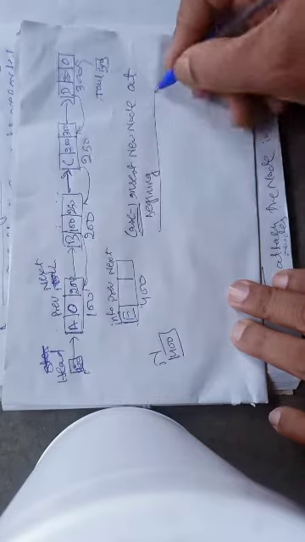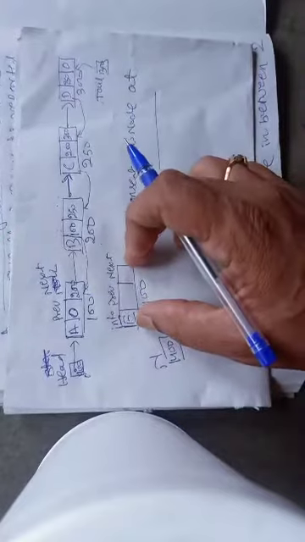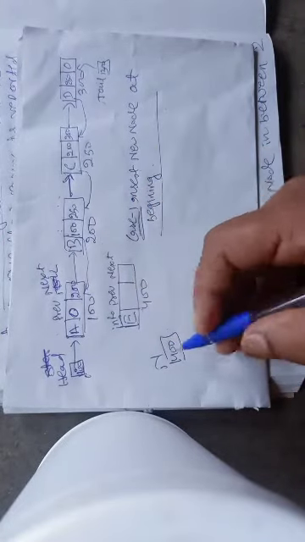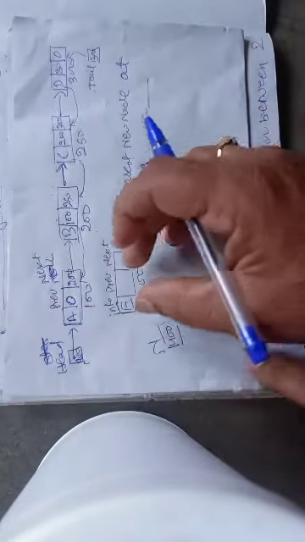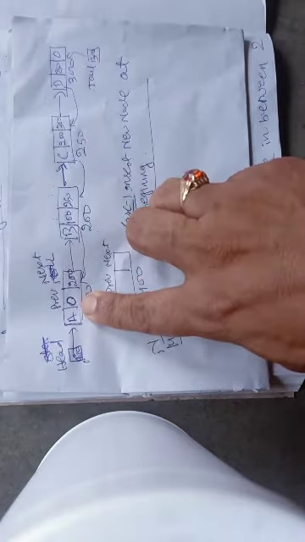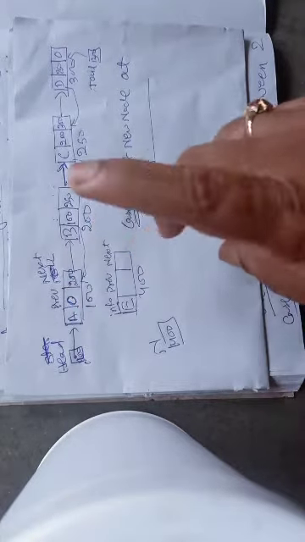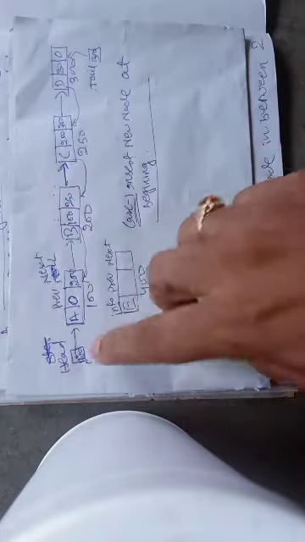So suppose we want to insert the new node at the beginning of the list. This is my new node, and the address of this node is stored in n. When I insert this at the beginning, what changes do I need to perform? Let me tell you. First of all, I have to examine what the head is at the moment. At the moment this one is my head, but after insertion this new node should be my head. So the address of this new node must be present in head.